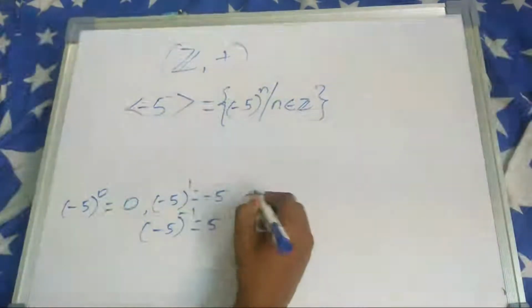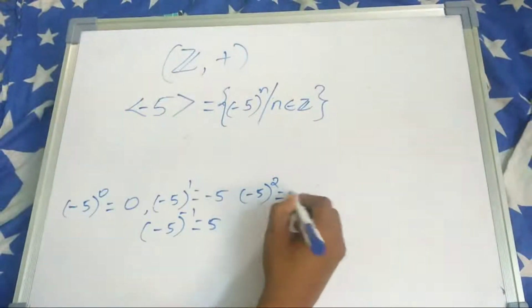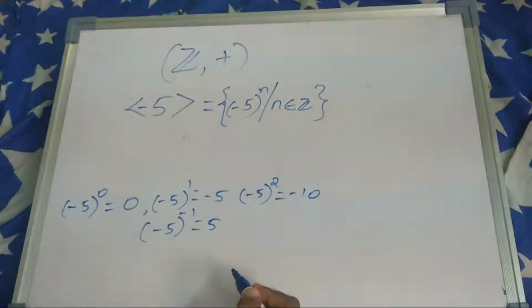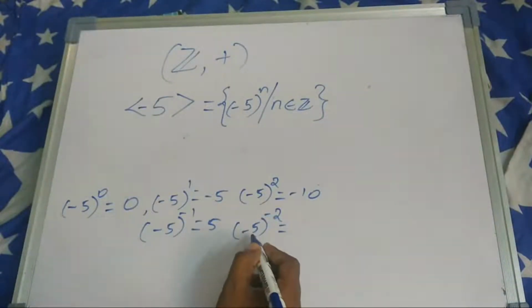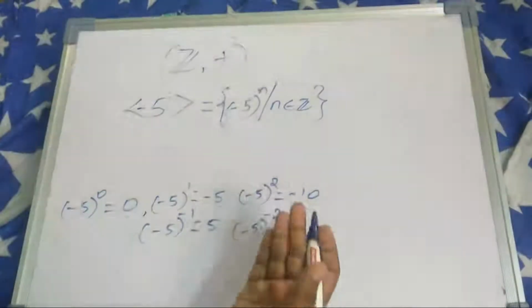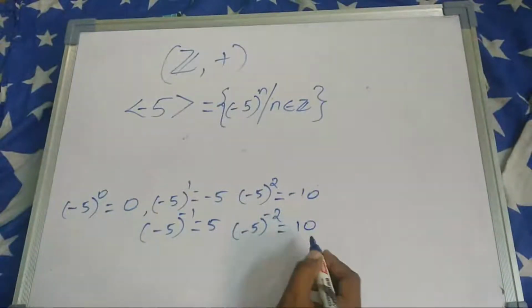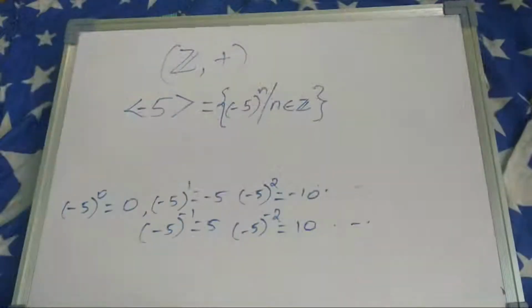Then (-5)^2 is -10. And (-5)^-2 is the inverse of -5 added twice, so it is going to be 10. And so on. If you check here,